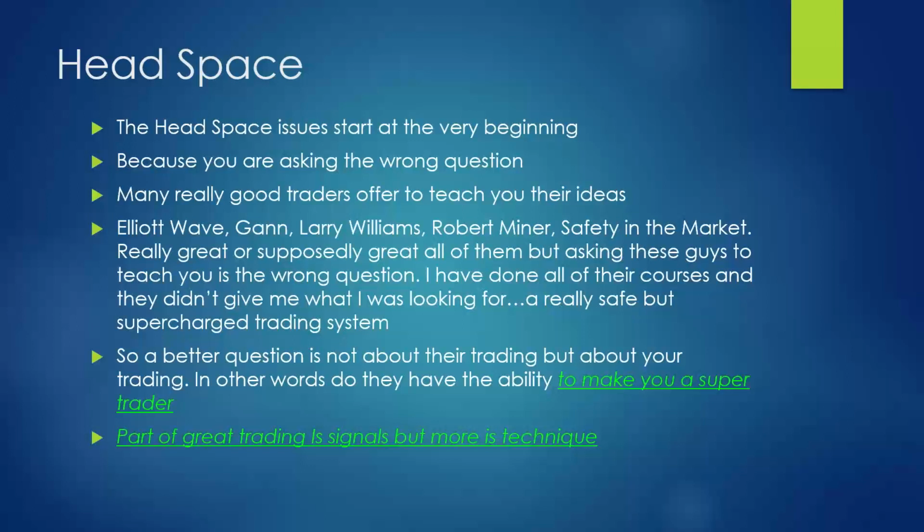And if you think of the biggies, Elliott Wave, Gann, Larry Williams, who won the Robbins World Cup Championship of Trading, and then his daughter, Michelle Williams, the beautiful actress, she won it a couple of years later, trading T-bonds. Larry was trading S&P. Robert Miner, who's a lovely guy, he's also a Robbins World Cup champion of trading, and Safety in the Market in Australia. They're Gann people, and